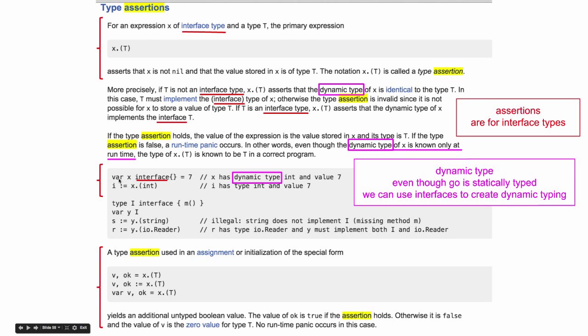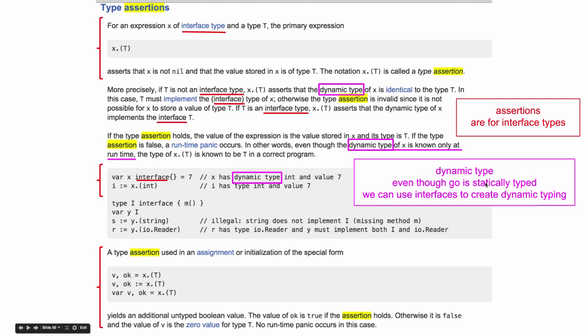And here we see another example, var X interface, and this means it could be any type, that's the type right there, is 7, right? So this actually makes a dynamic type. And then we can assert that X is an int. We just know that, and we can assert that, and then we could use it as an int. And type assertion is used in an assignment or initialization of the special form v, ok, so you could use this, right? This is the comma ok idiom. And so we could try to assert it, and then we could check, if that's okay, we could do something. And a couple different ways you could write it.